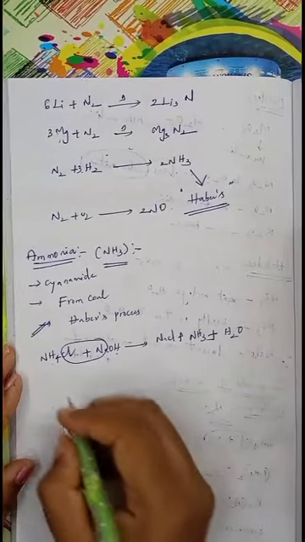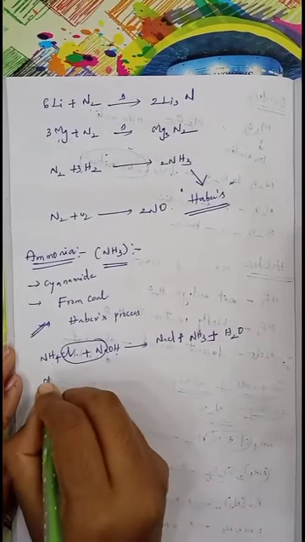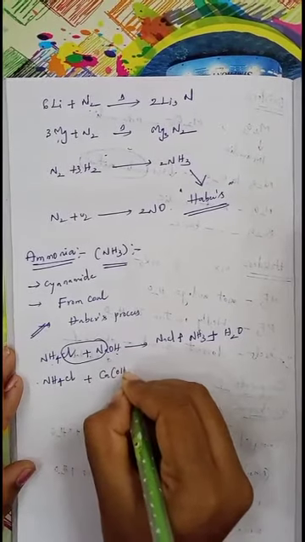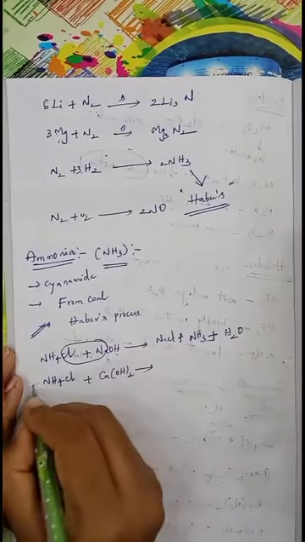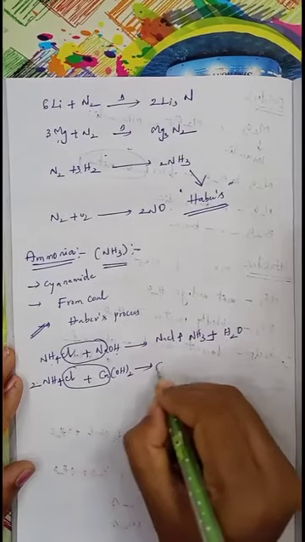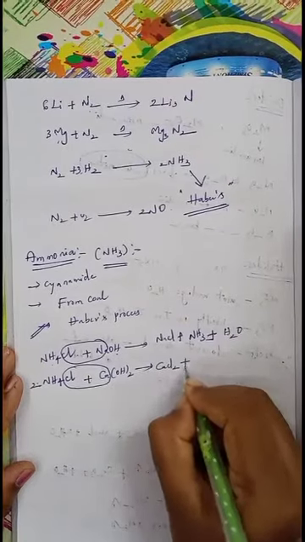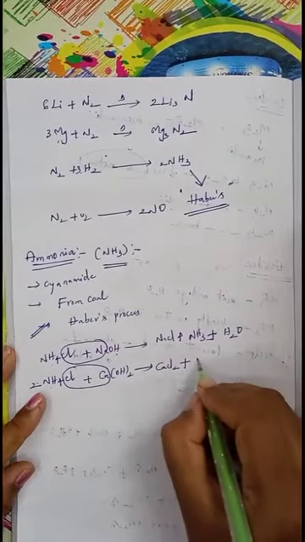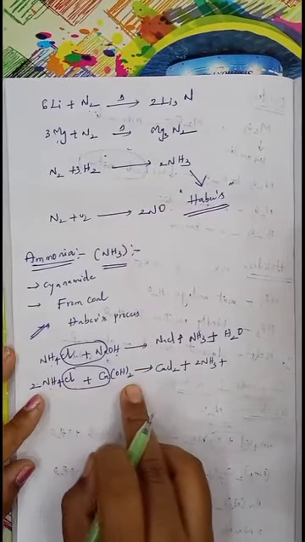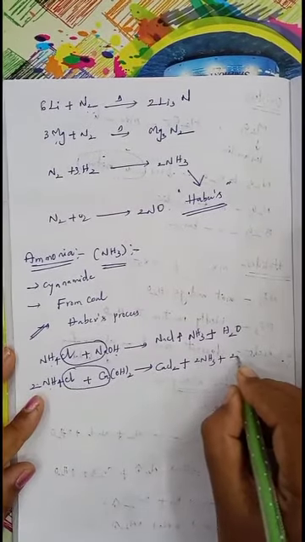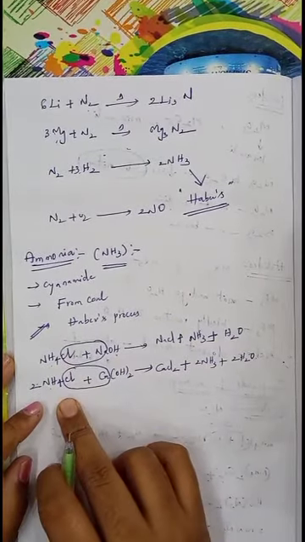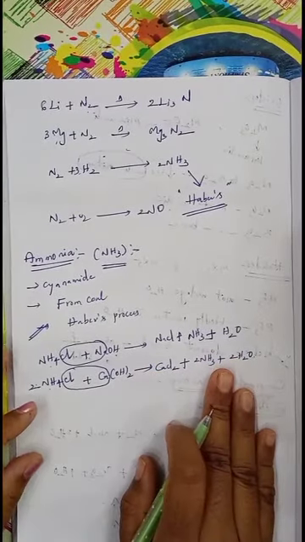Okay. Now the same ammonium chloride reacts with calcium hydroxide. To balance the reaction, take here 2 moles. That means 2 chlorides react with calcium, released in the form of CaCl2, plus NH4 is converted into 2NH3. 2 more hydrogens are there, right? These two react with 2 hydroxy groups and are released in the form of 2H2O. So these are general methods. That means even by using salts of ammonia, we can prepare ammonia gas.